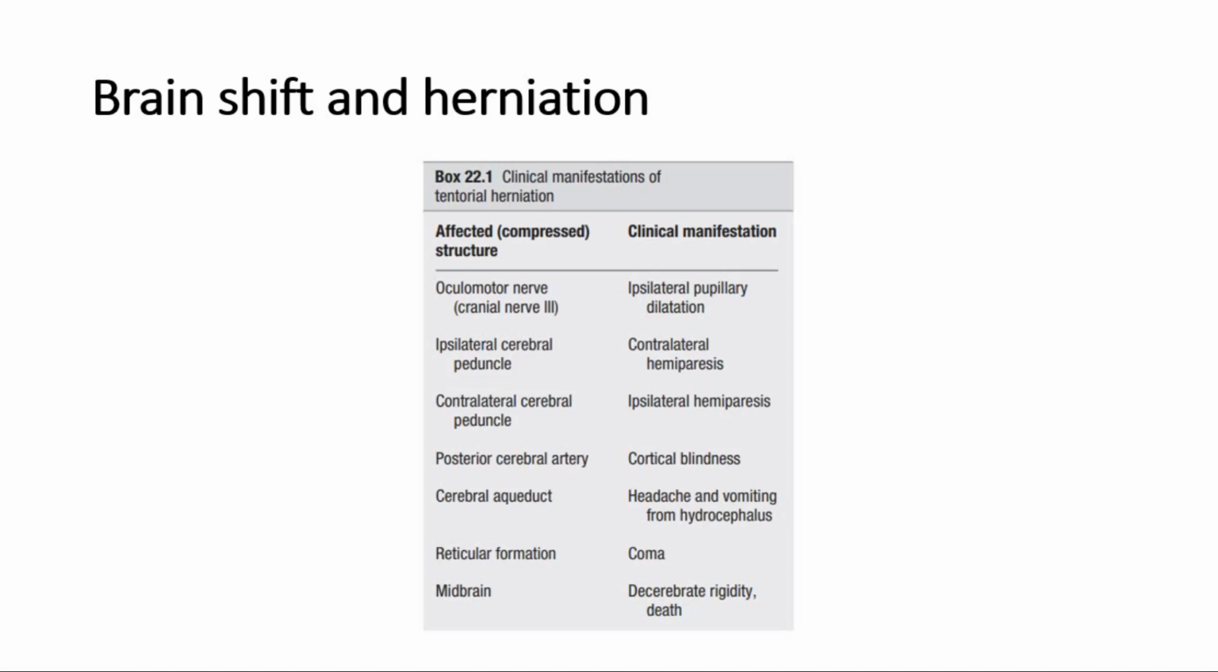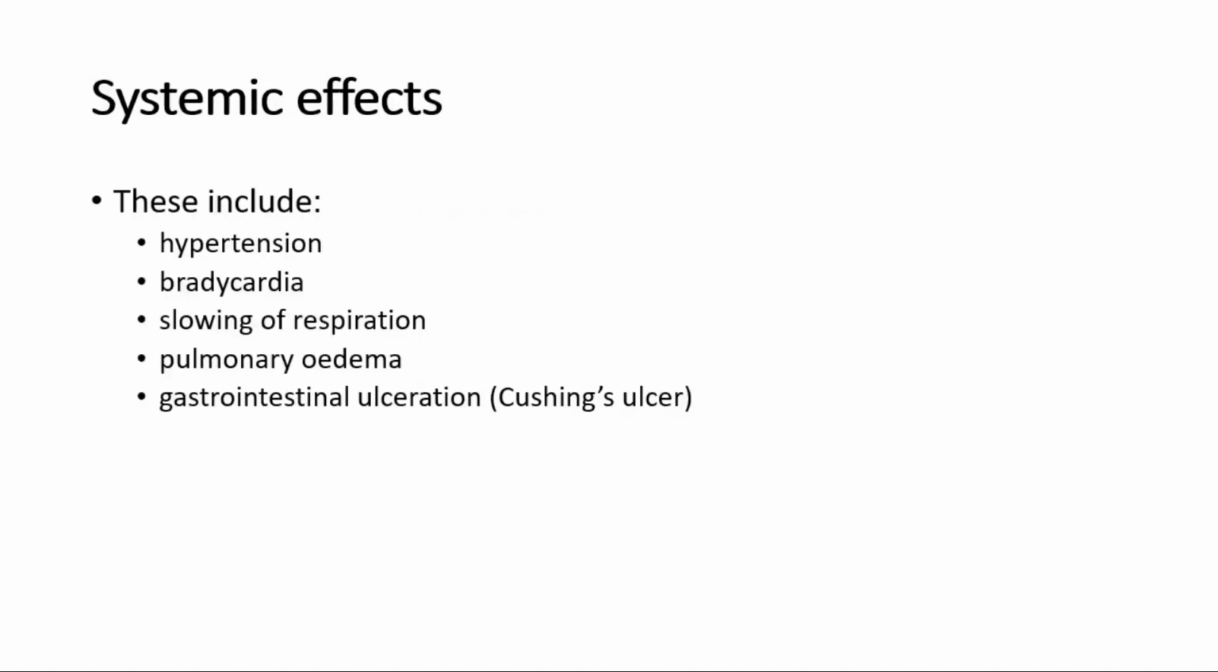A compressed cerebral aqueduct will cause headache and vomiting from hydrocephalus. Compressed reticular formation will cause coma. Compressed midbrain will cause decerebrate rigidity and even death. Systemic effects of raised intracranial pressure include hypertension, bradycardia, slowing of respiration, pulmonary edema, and Cushing's ulcer in the gastrointestinal